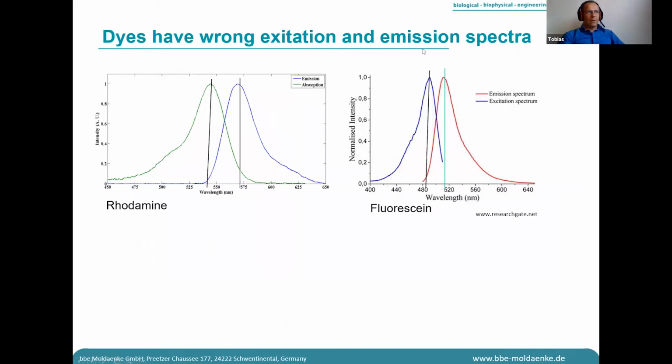If you use dyes, for example, what other users are using, you have, for example, rhodamine, you have an excitation at 525, but the emission at 580, and fluorescein is the same, and they have no emission at 685 as the algae have. So that is the reason we would be happy to find a dye or something else, which is chemical, to calibrate our instrument, but it is not possible to get something like this.